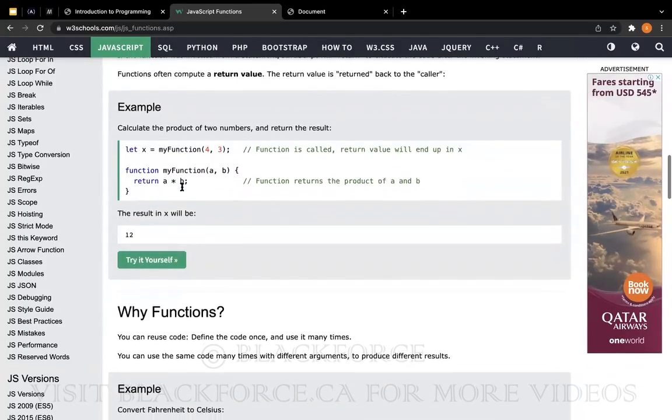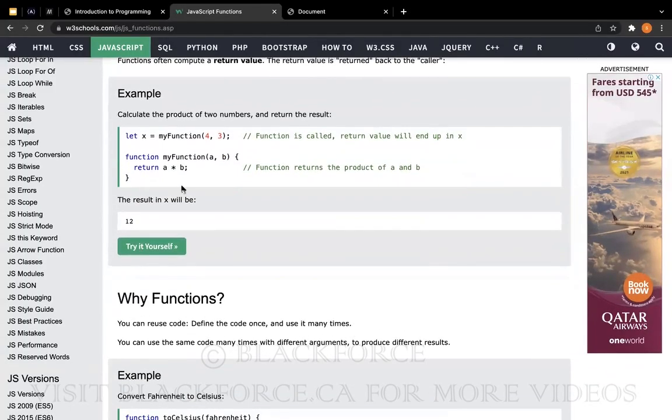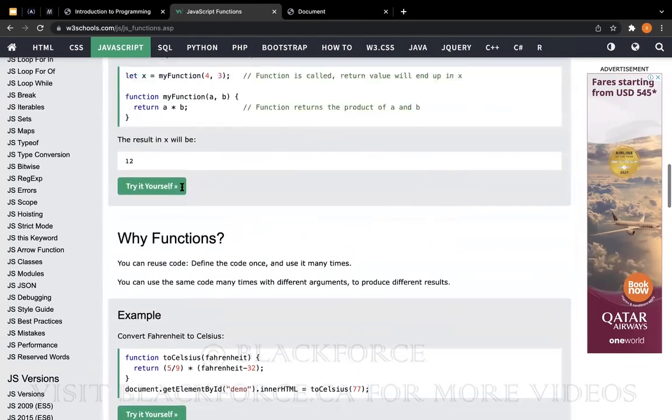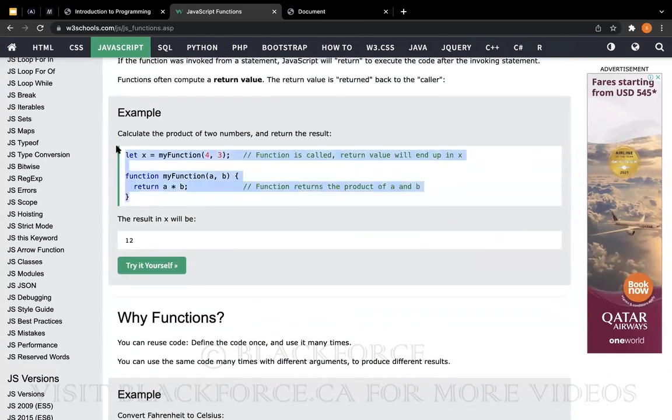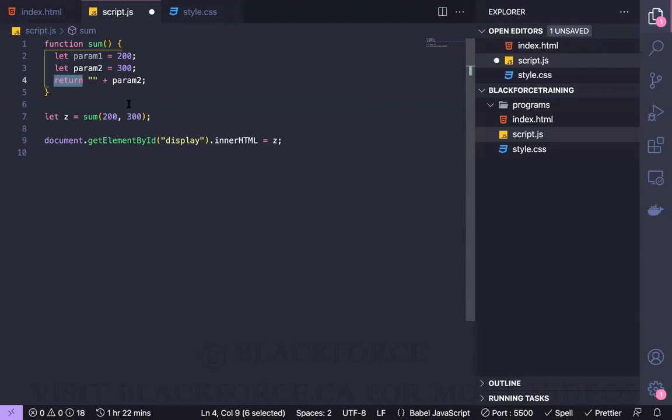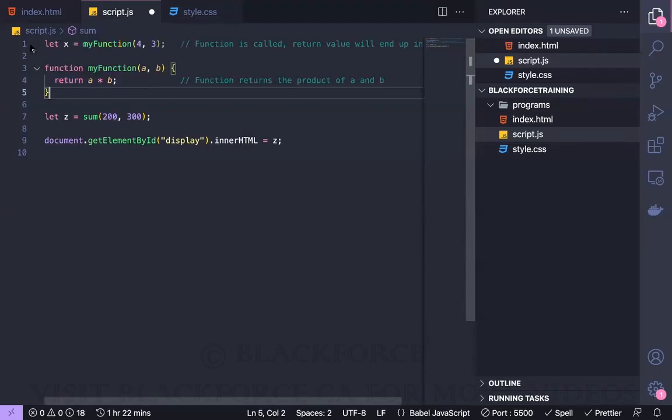I want to just do some examples so we can see how it works, right? So this is a typical example. I think I already did this, but let's just copy and paste it so we can get an actual working example. Okay. So this is where they declare the function, right? Function, my function, it collects